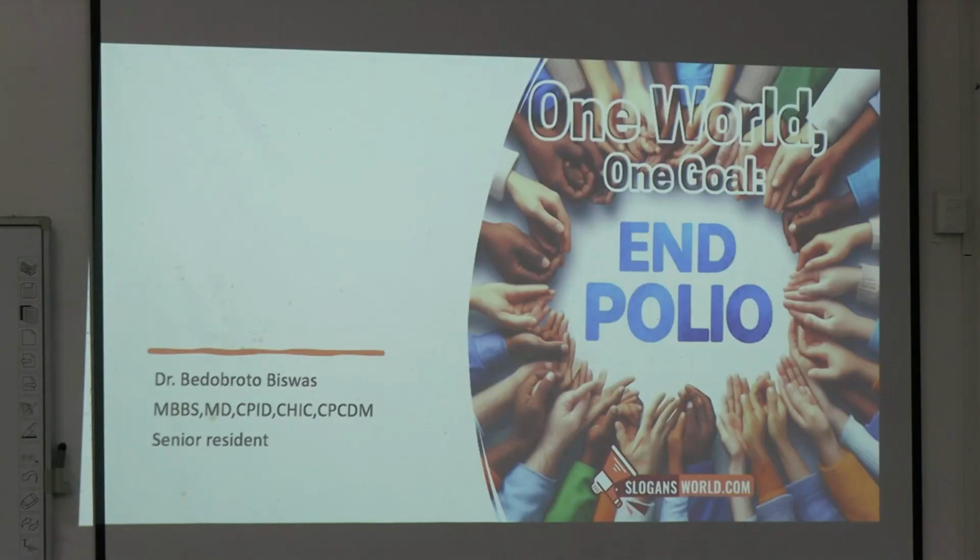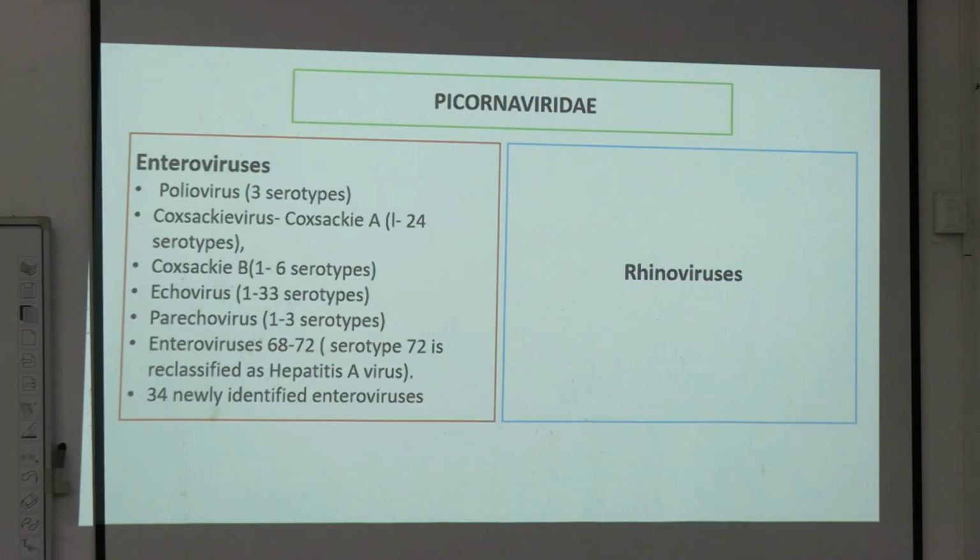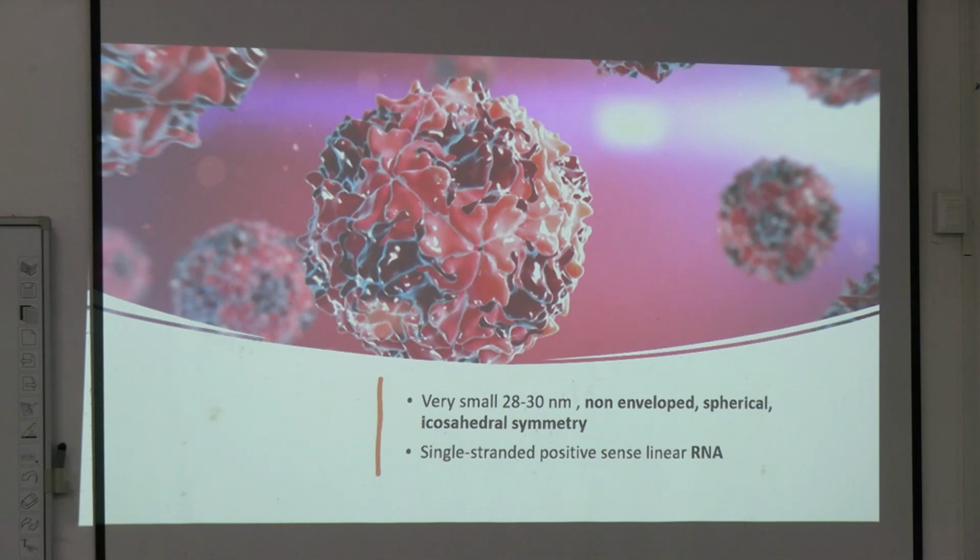So polio virus is actually a very small virus which is around 28 to 30 nanometer in size. Okay, it has an icosahedral symmetry. It is a non-enveloped virus and it has RNA inside it. Positive sense, single stranded RNA, ssRNA. Okay, so